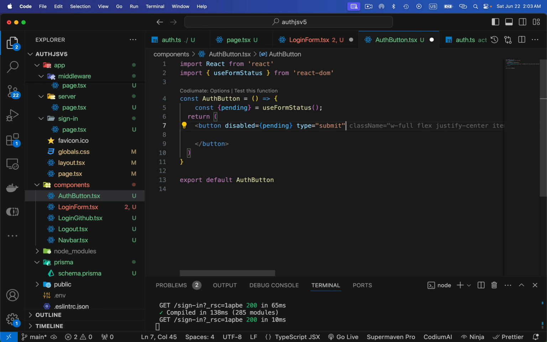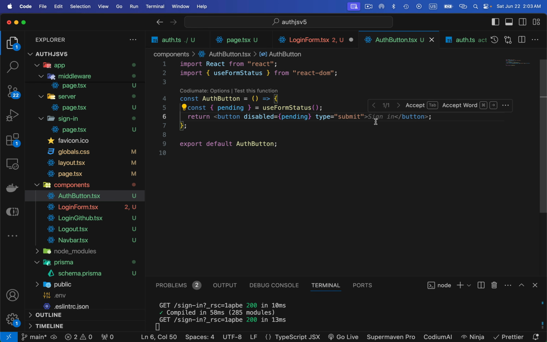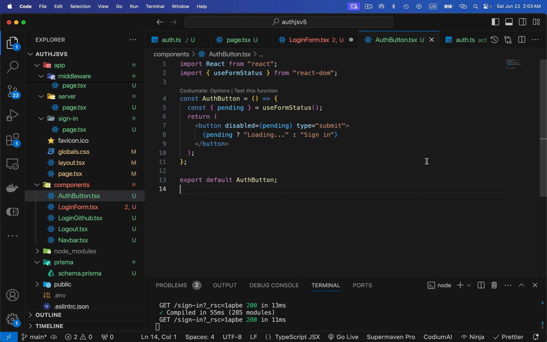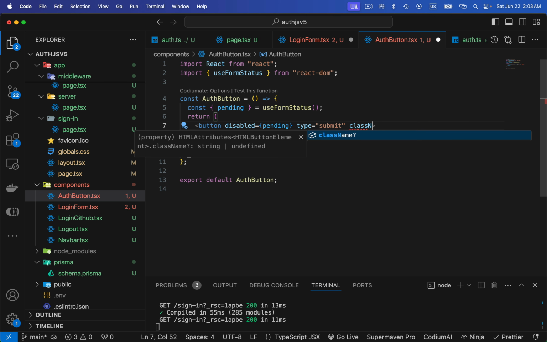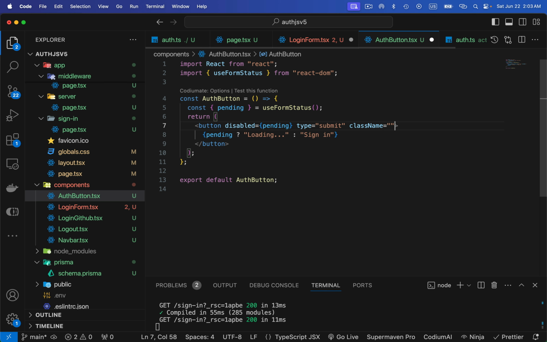And after that, for the content, I'm going to add: if it is pending, then I need to show loading, otherwise it is going to be the sign in. Okay, and for the classes, the class name,